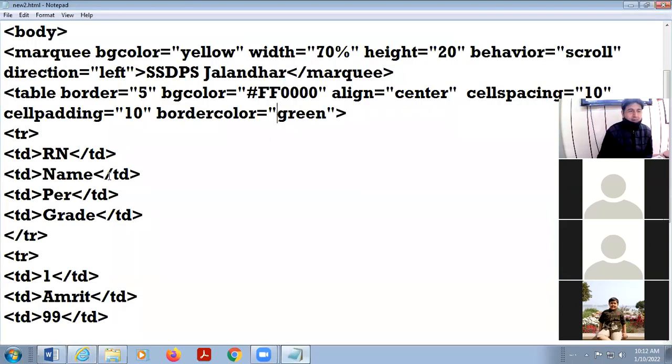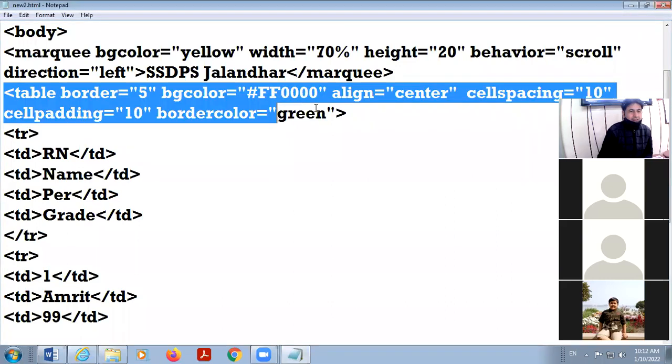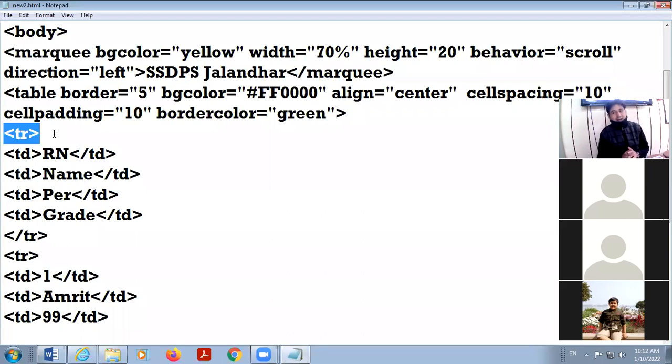So I am recalling this. Summarize this chapter. For creating table, there is a table tag. Okay. And for defining any row, there is a TR tag.